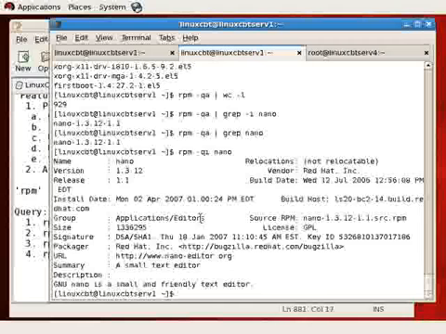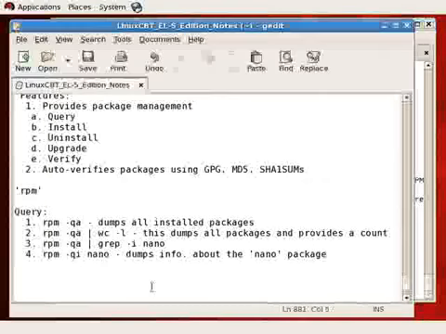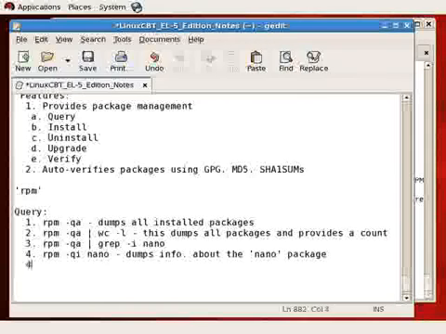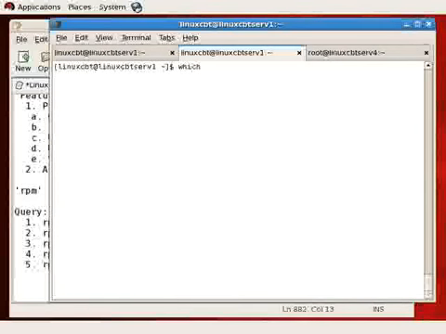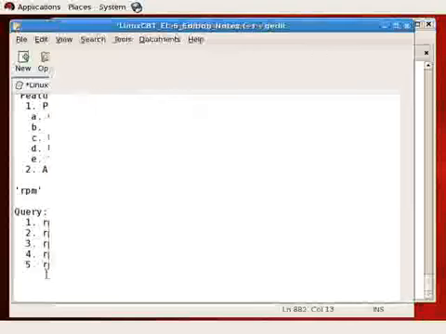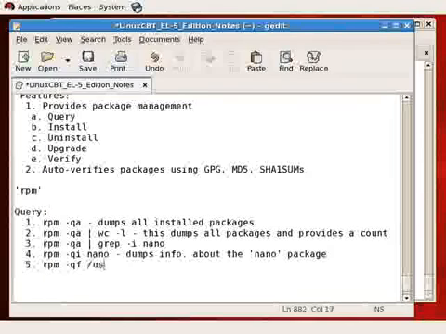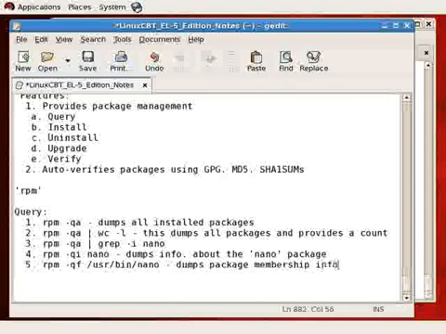Now, how about querying files on the system? We've been working with Nano. How about querying to determine a file's package membership? So the fifth step, rpm -q --file, and we need to determine where Nano is located, which is why we'll use one of those trusty commands we studied, the which command, to determine where Nano is available, and it's in /usr/bin. So an rpm -q --file /usr/bin/nano dumps package membership information